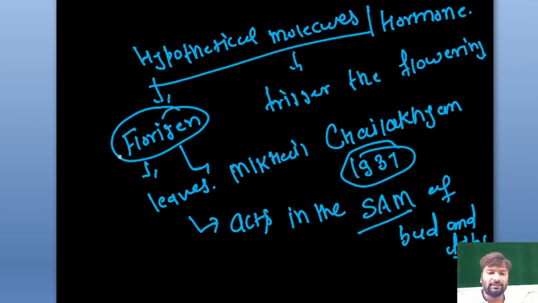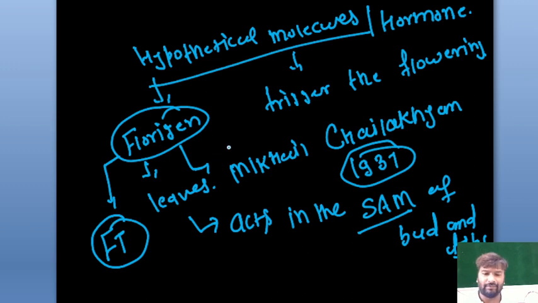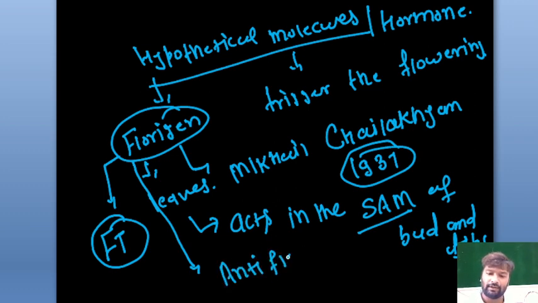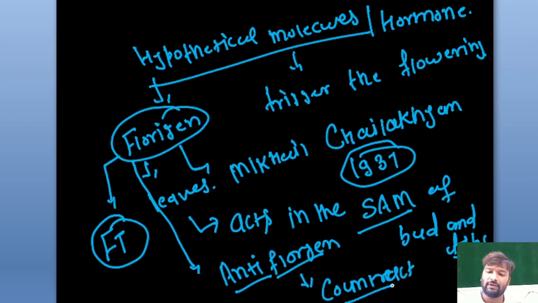And this florigen is identical to flowering locus T. Also, this florigen is regulated by the anti-florigen. So what is this anti-florigen? These are also hormones which counteract the function of florigen, and the example is the